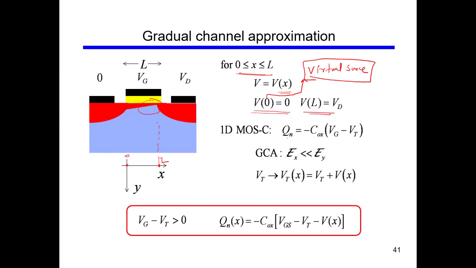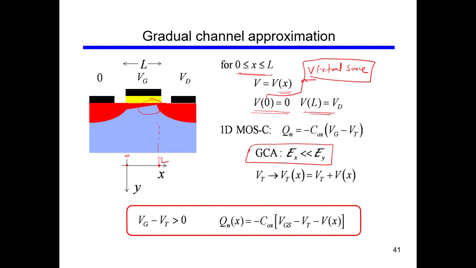Okay, so we already know that the charge at the virtual source is minus Cox times Vg minus Vt, and we are